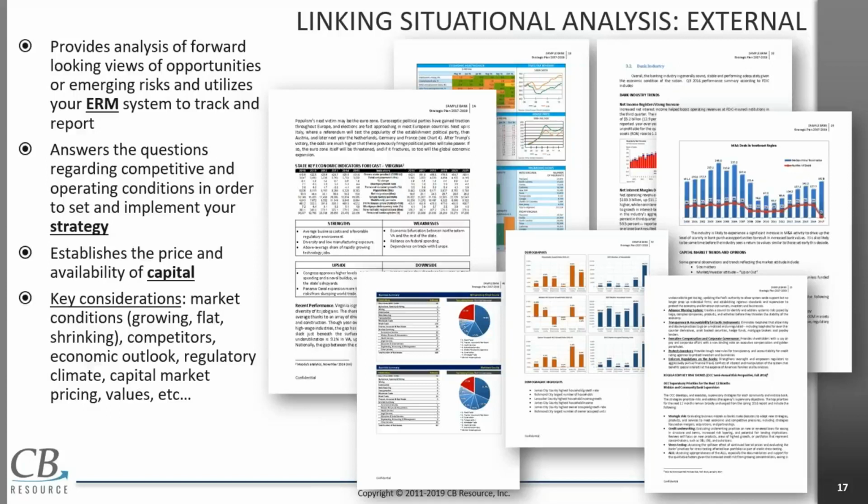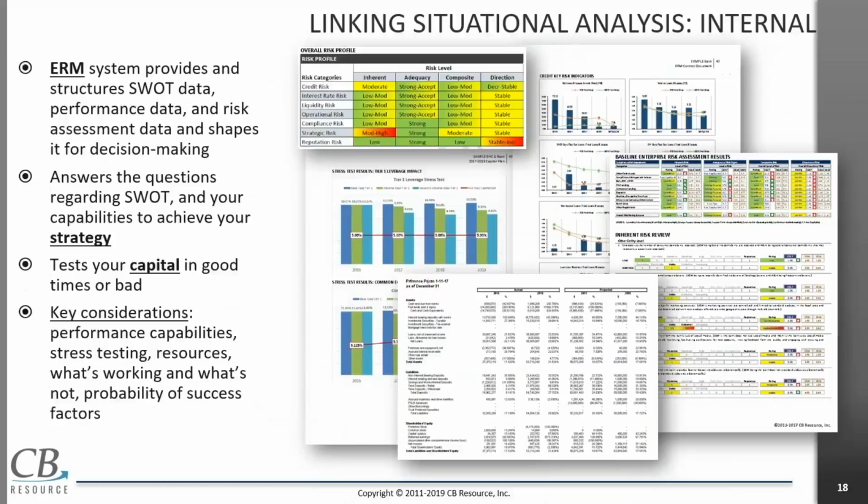And you can see the relationship directly between an effective ERM system of measuring these things and a strategic planning process, putting them to work. So externally, that's what the external piece does. Internally, pretty straightforward, and we've already discussed it, right? When you look at what your inherent risk is, what your adequacy of risk controls, your composite or residual risk, and direction of risk, it gives you that internal information that answers the question,